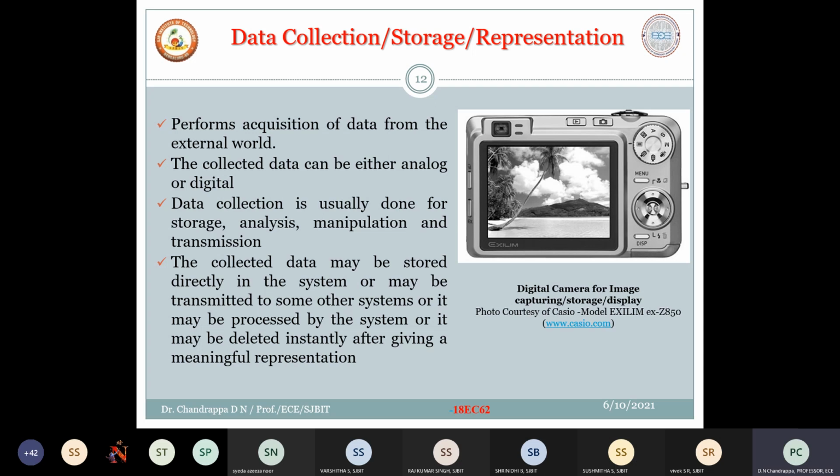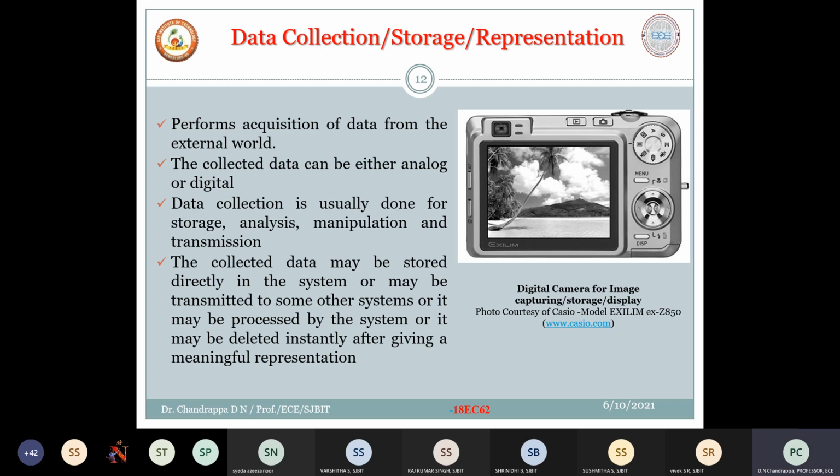Okay, so if you are using a digital camera, we can modify it based on our requirement, either in the form of spatial enhancement or in frequency enhancement. All those options are available. We can modify it, we can improve the quality of your image, and we can post it into the required media or required applications. That is the purpose of